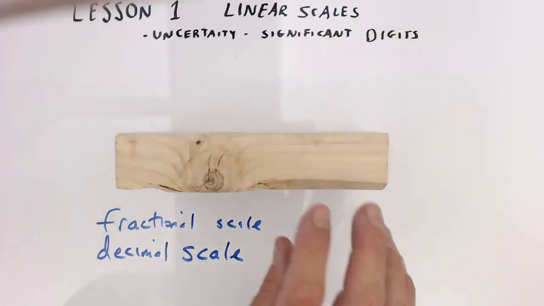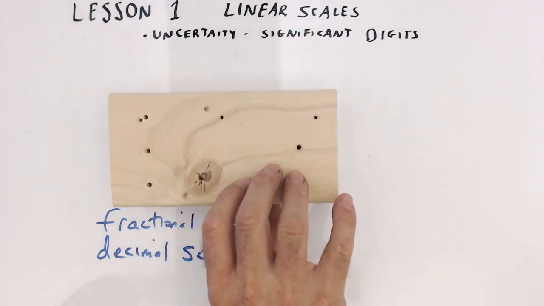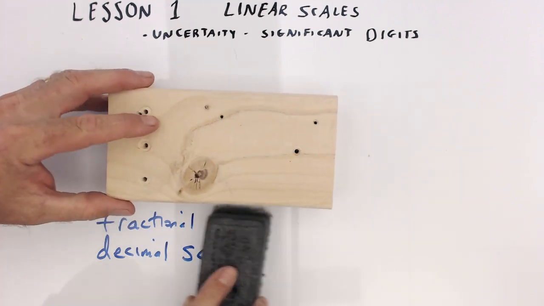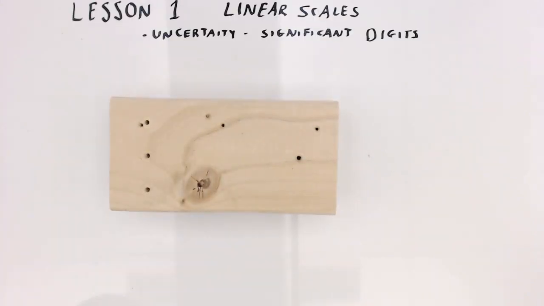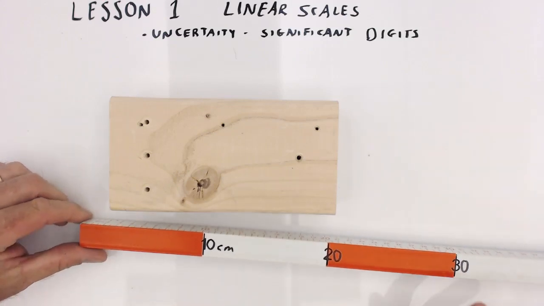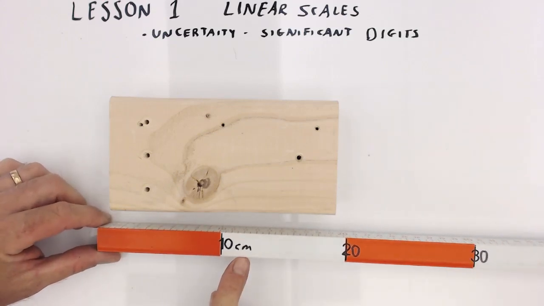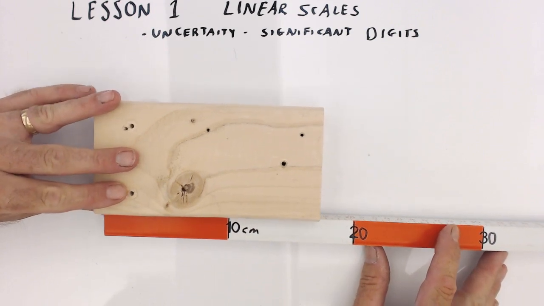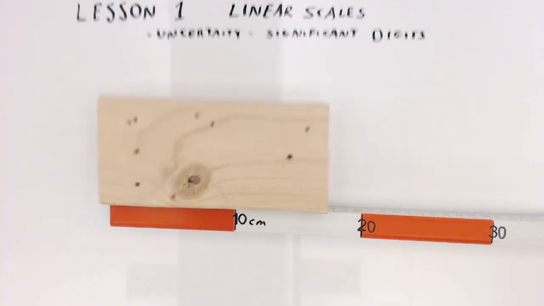So, our first example. Here's a block of wood, and I want to measure this block of wood. Let's say I want to measure the length of the block of wood. To do that, I have to bring in some kind of linear scale. So here's one that I have, and you can see that it's marked in centimeters. And I'm going to do my best to line up one edge of the block with my scale or my